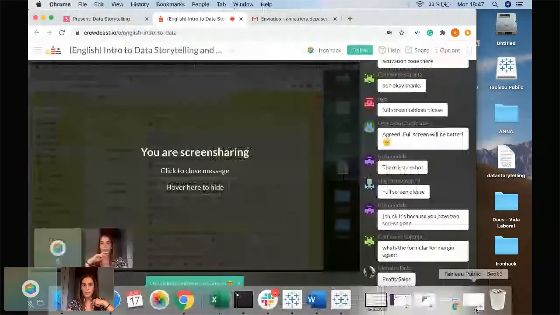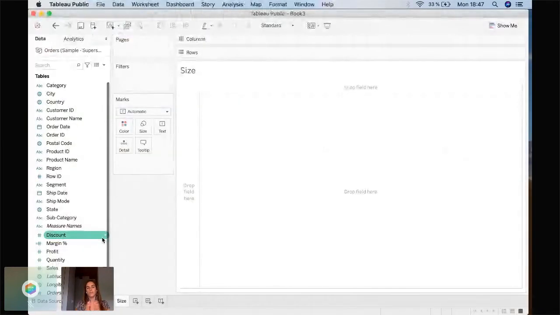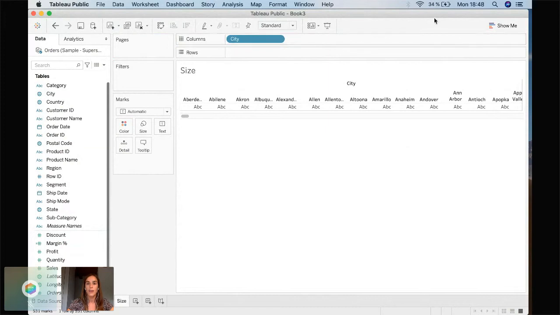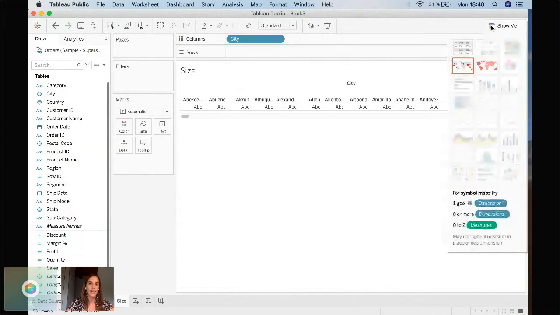Okay, so this is one of my students' favorite graphs because it will entail a bit of geo information, and it's something that always looks very cool. So I'm going to show you guys how to do it. It's super easy. Tableau has already been able to identify city as a geographical variable. So if we drag city into columns, okay, and you go into the show me area and select this map, and we click on it,